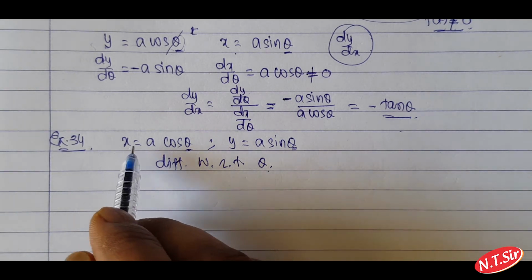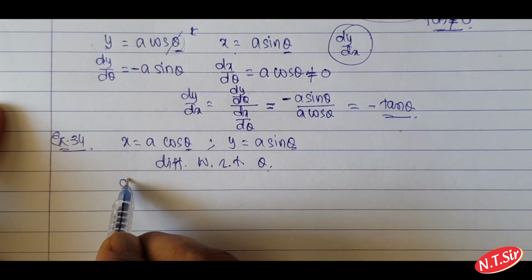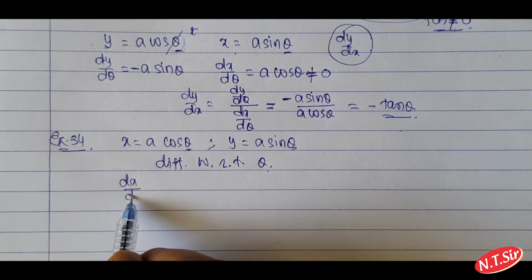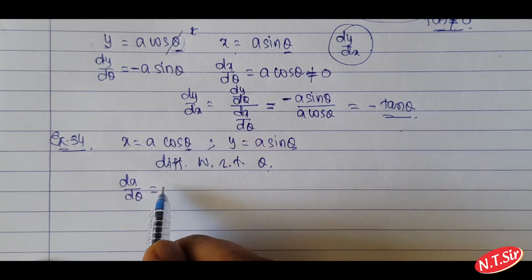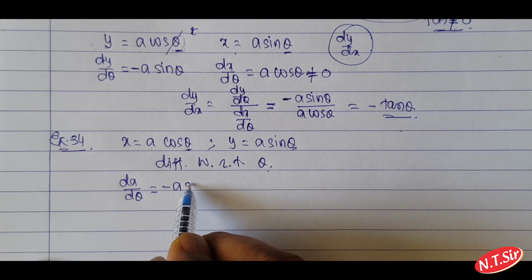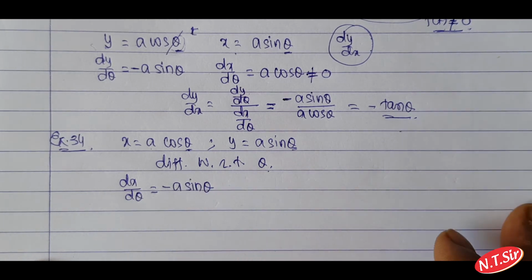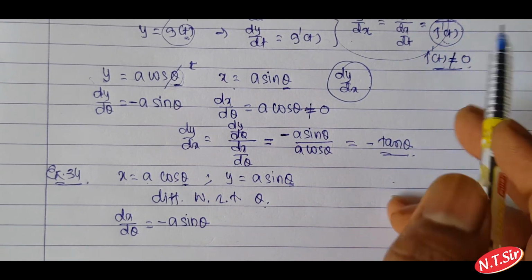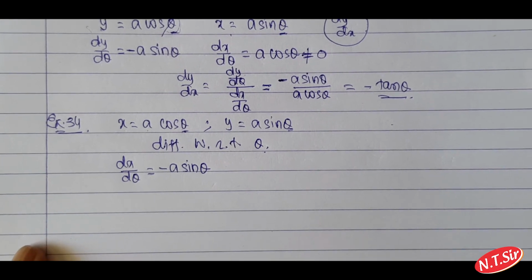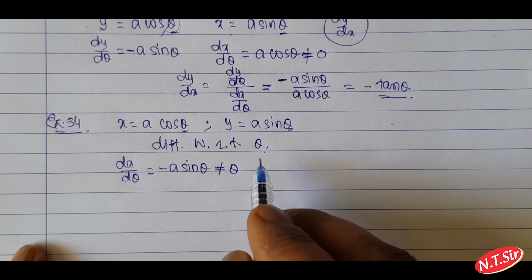Now this is x, so dx by d theta is equal to a is constant and derivative of cos is minus sin, so इसका डेरिवेटिव माइनस a sin थीटा हो जाएगा. और dx by d theta ऑलवेज नॉट इक्वल टू 0 होना चाहिए, हमने यहाँ देखा था ये f dash t नॉट इक्वल टू 0, सो ये नॉट इक्वल टू 0 लिखना पड़ेगा. This is not equal to 0, right? And